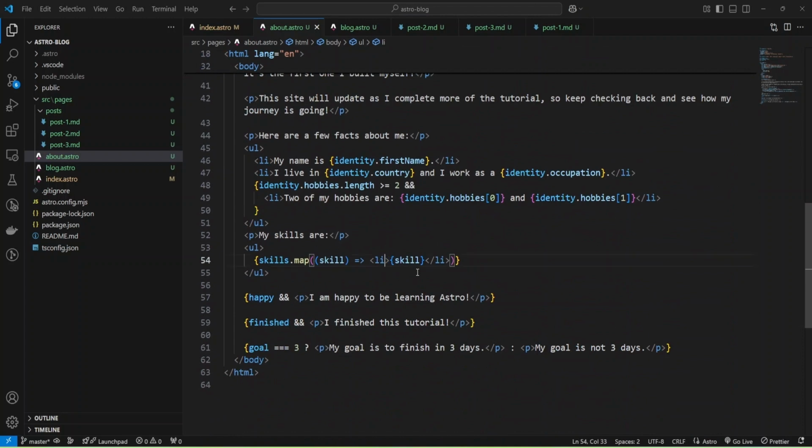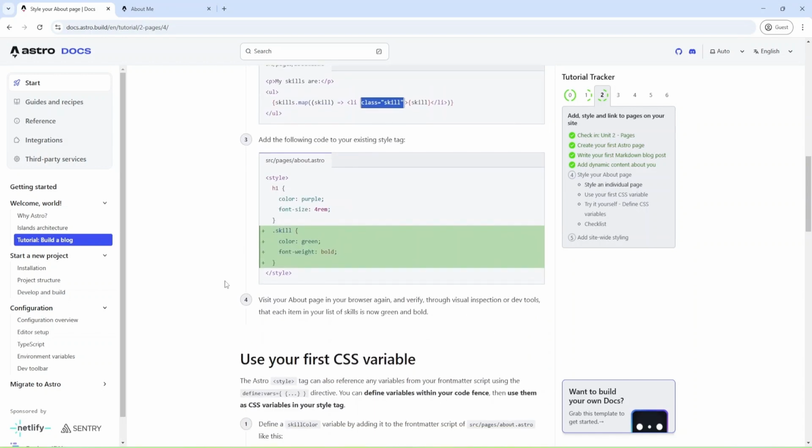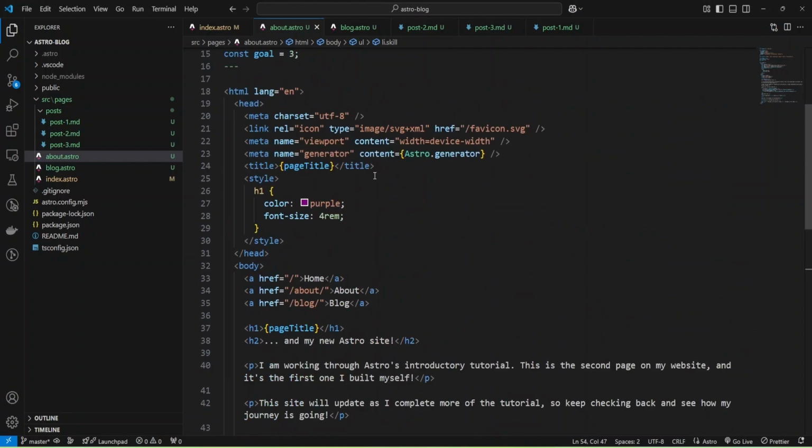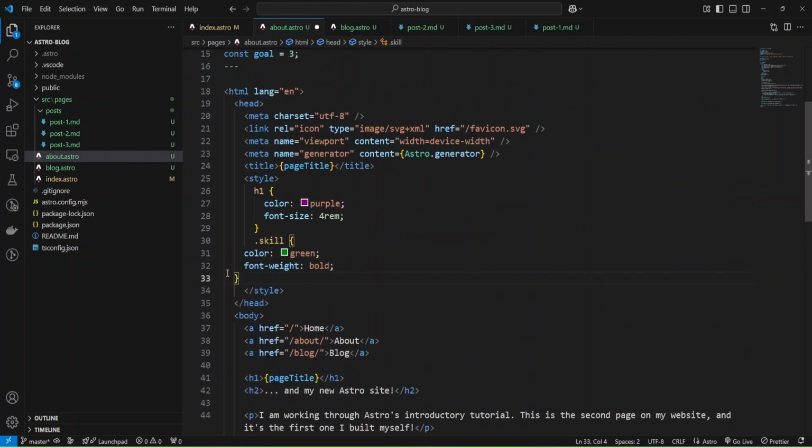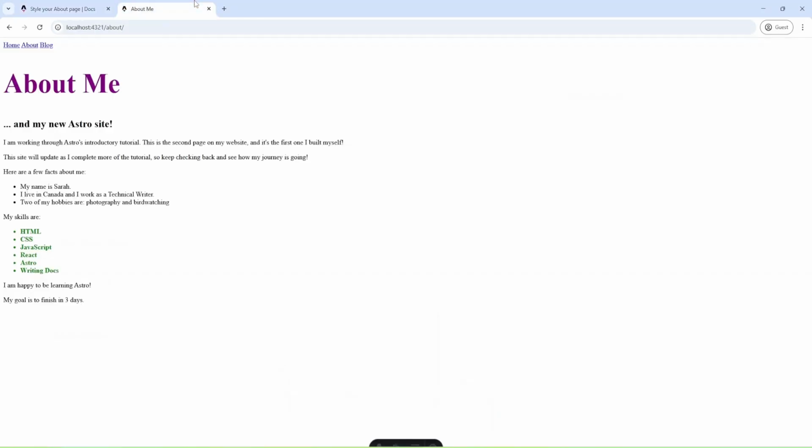We have list item. Let's add class skill and go to styles and add styles for that class. Okay, and let's check. And as you can see, we have styles for li.